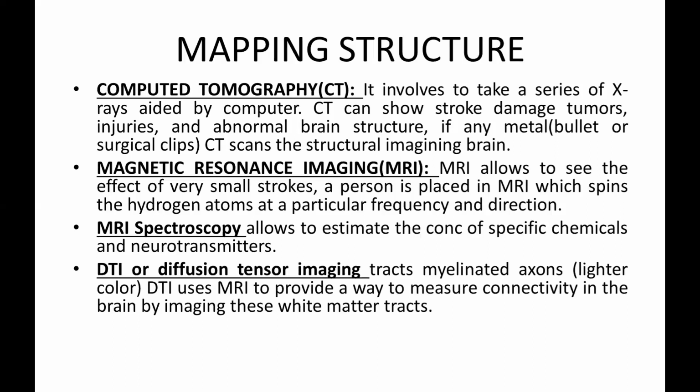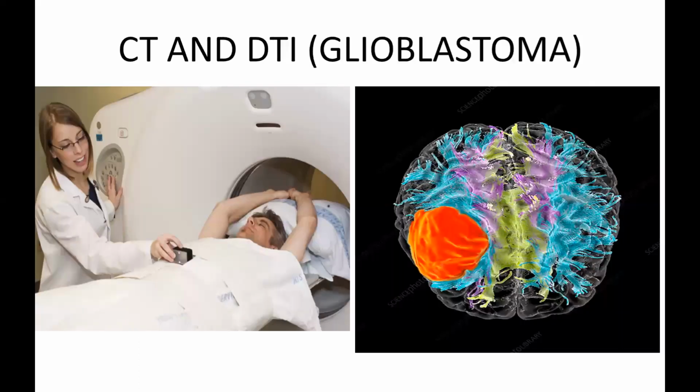The person getting an MRI scan is placed inside a machine that generates a powerful magnetic field to align hydrogen atoms in the brain tissues, which otherwise spin in a random fashion. Radio pulses are used to make the atoms spin at a particular frequency and direction. The time it takes for the atoms to return to their normal spin allows the computer to create a 3D image of the brain and display slices of that image on screen. You can see a CT or MRI machine where a person is placed inside, and it spins with a lot of speed.